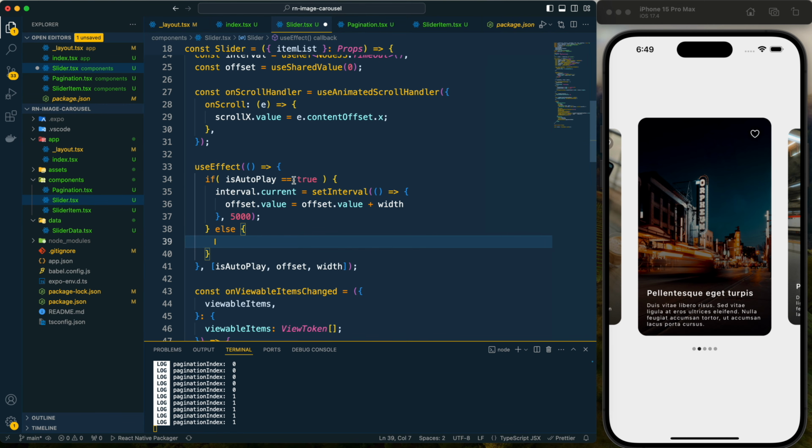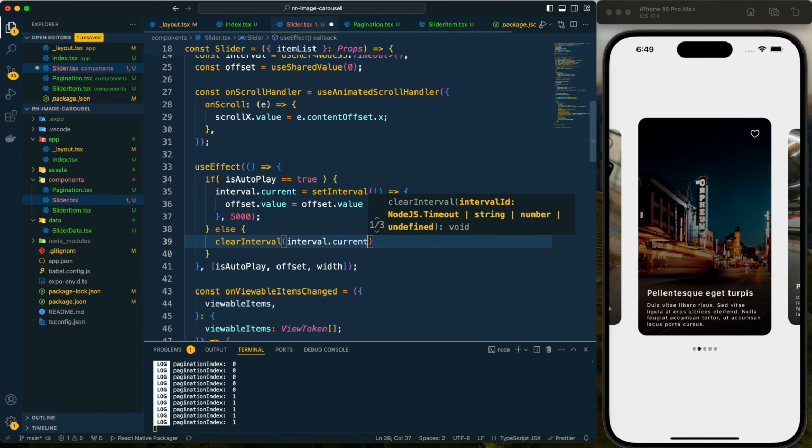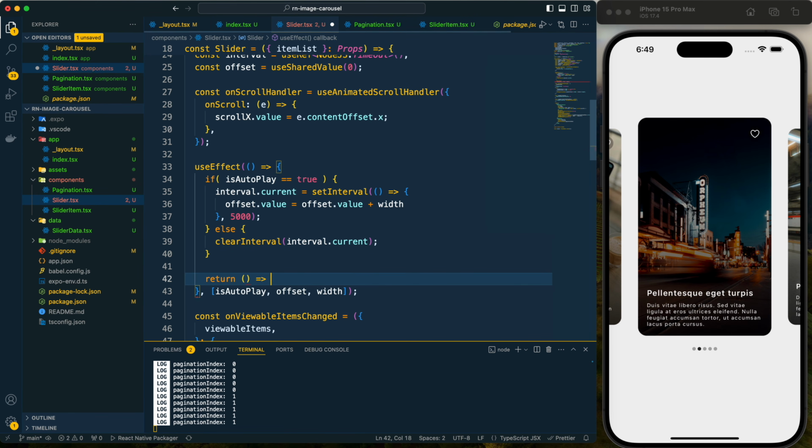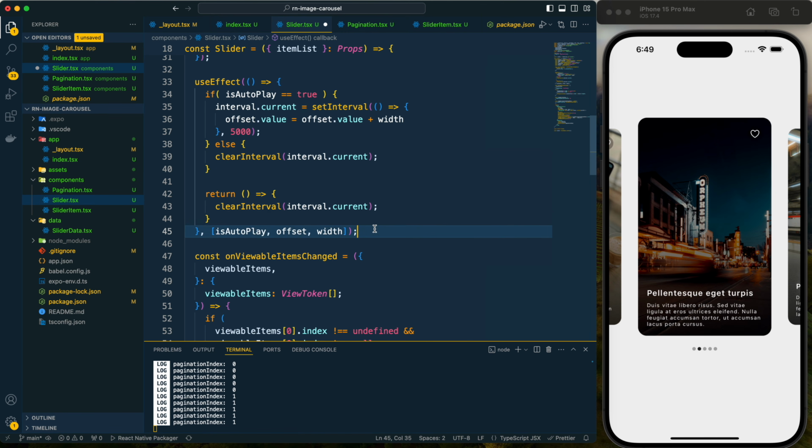Else if isAutoplay is not true, then we will clear interval, and also we need to provide the clear function. So within the return we need to provide this clear interval as well. So now we have the useEffect completed.